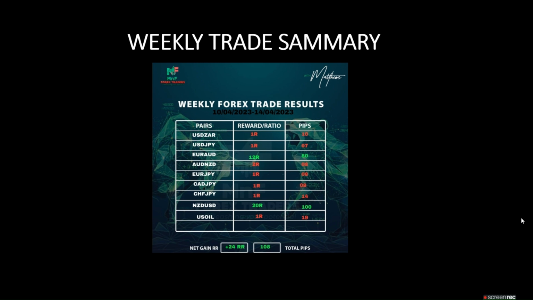You can see here 20R, 12R, and our losses are just negative 1R, negative 1R. And when we win, we're making sure that we're winning big. And you can see that also we're kind of consistent. Our stop losses are there, and we keep them small, and then our rewards are actually big, so that even if you lost more trades, you're still going to be profitable.